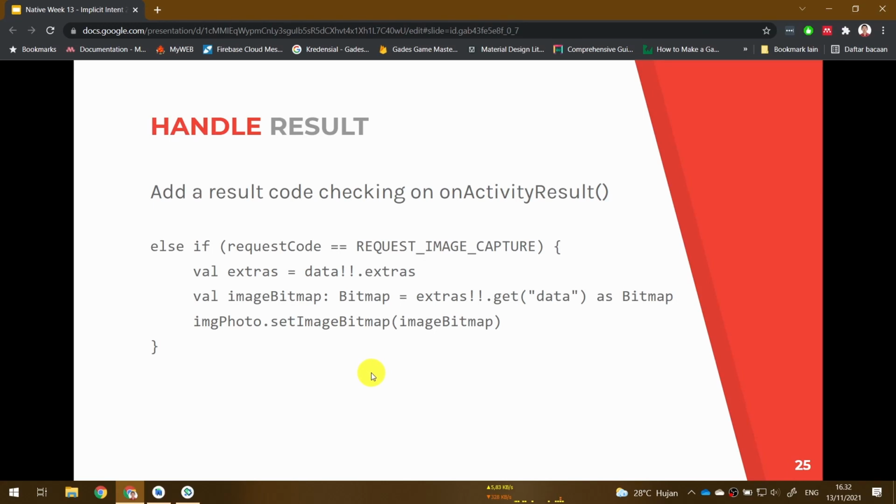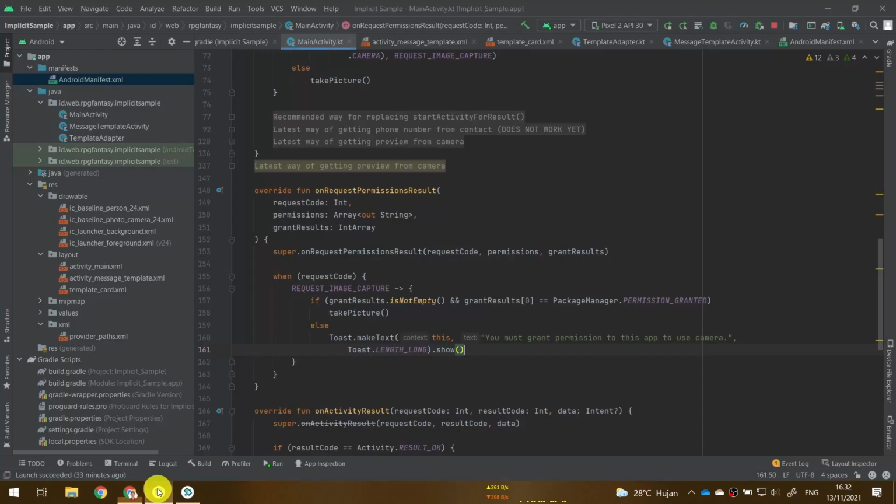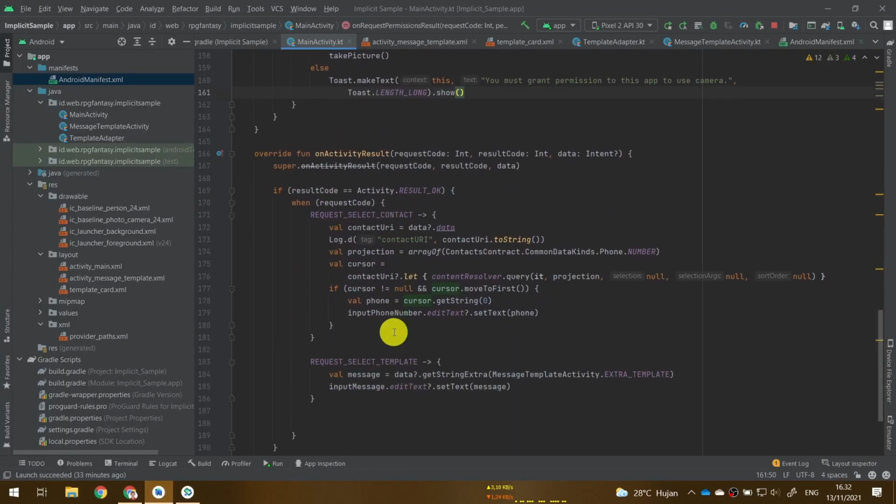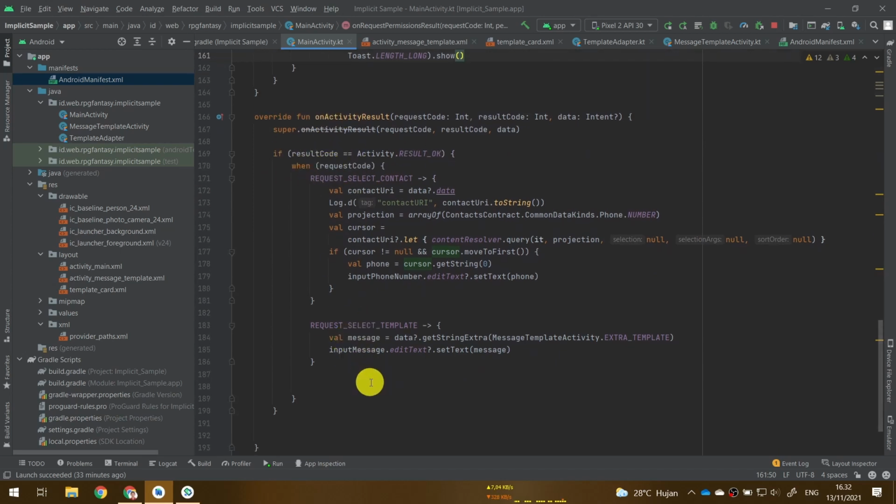Okay, now after we invoke the take picture function, we must add a result code in the on activity result, to be able to handle the result. So here it uses if. So in on activity result, if the result code is okay and check the request code, I use when.